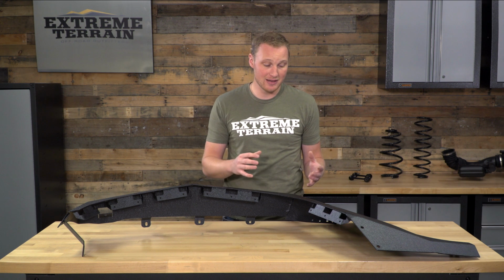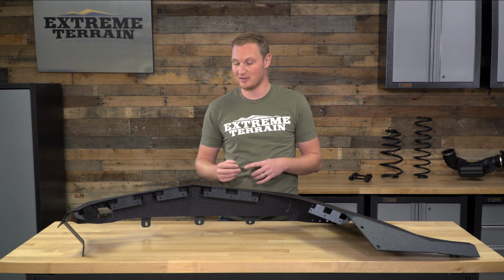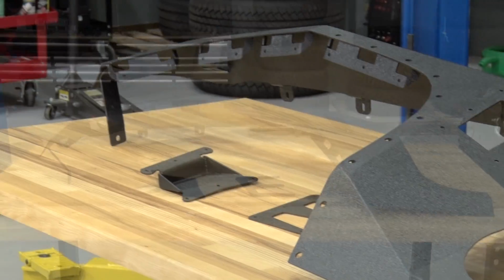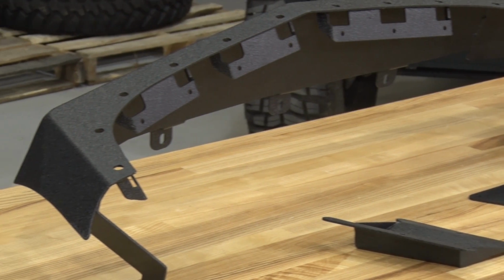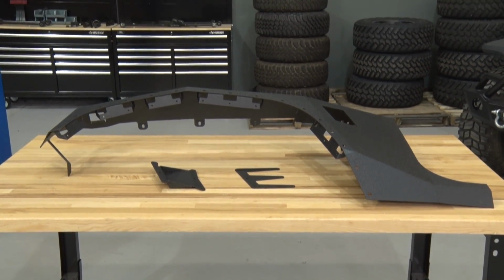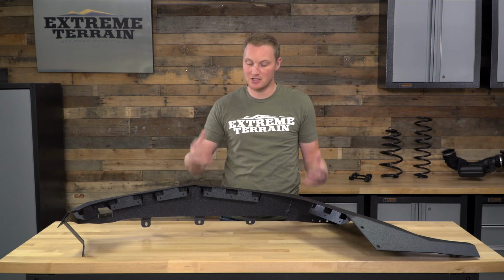So if you fall into the category that like these, they're very well built. It's an involved install, but it'll give you protection, it'll give you clearance, and it'll change up the look of your Jeep as you might like. These are also going to be a fairly expensive modification. There's a lot of metal here, there's a lot going on, so these are costly, especially when you consider chances are you're not going to be just running a front set, so you're also going to have to purchase a rear set. As for construction, these are made of 3/16 inch cold rolled steel, which again does provide a lot